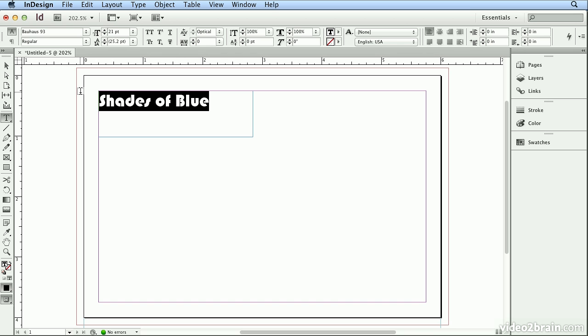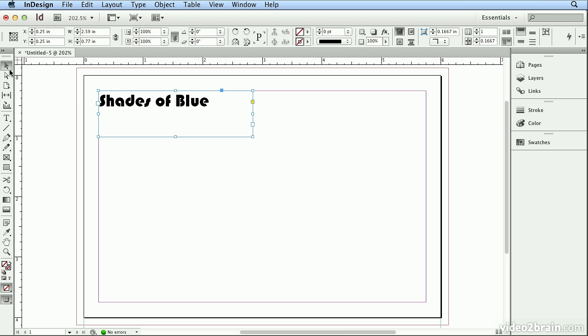Now, if you press the Escape key just once, that will get you off of the Type tool and back to your Selection tool. And you can see my text frame is larger than it needs to be. If your resolution is high enough, there's a button on the Control panel, the bar across the top of your screen, that will automatically fit the frame to the content. If it's not large enough, you could simply drag the corners and pull that in so it doesn't occupy so